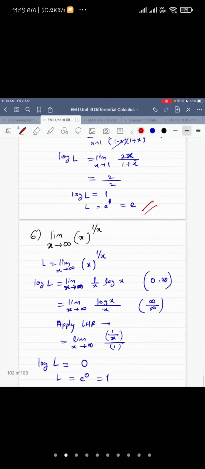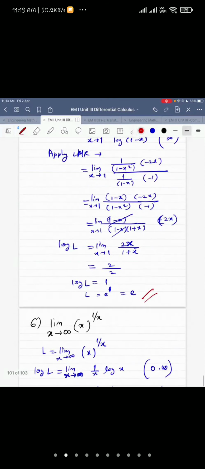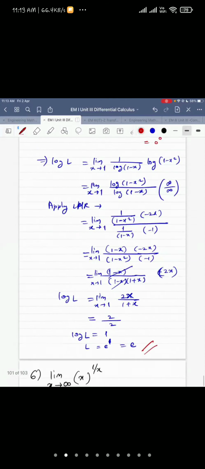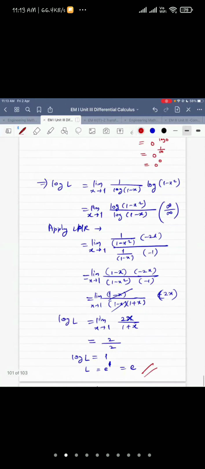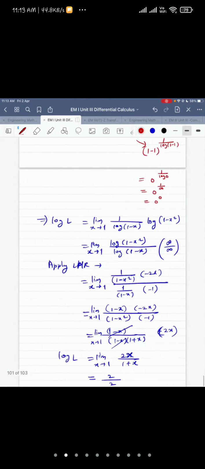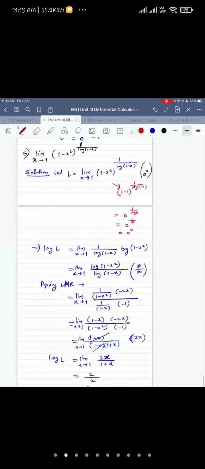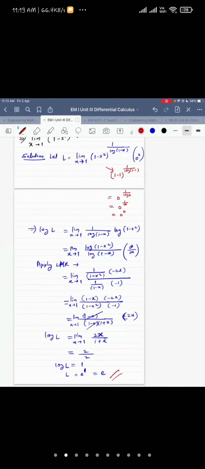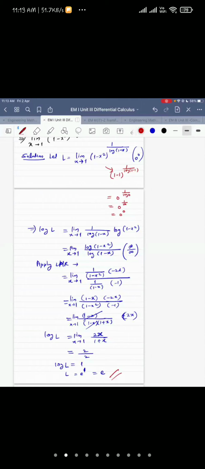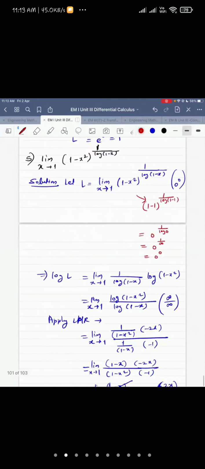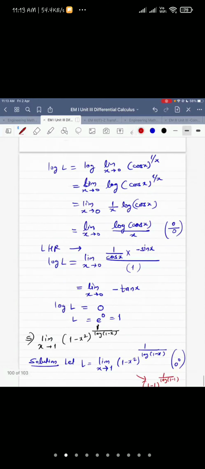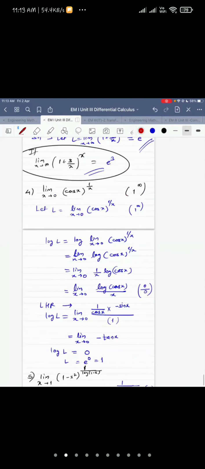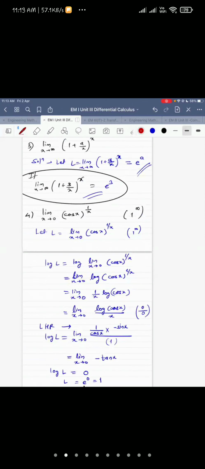This was our second last question. This was the fifth question. Now you all are in position to solve the assignment, as well as you can easily give today's Moodle test. The whole topic is covered. Now you have to practice from your side. Yesterday's questions, today's questions. If you practice more questions, you will be more confident at the time of exam and your score will be good.